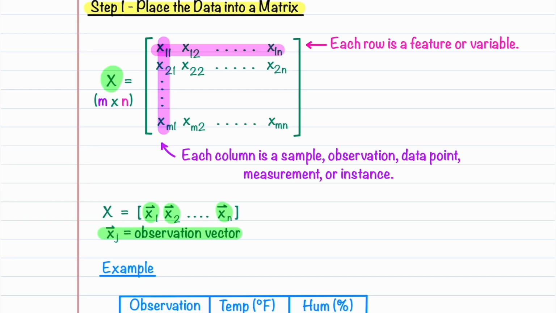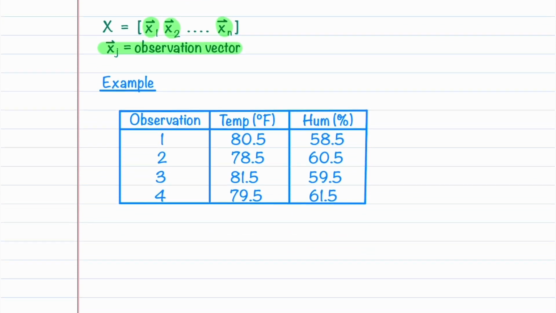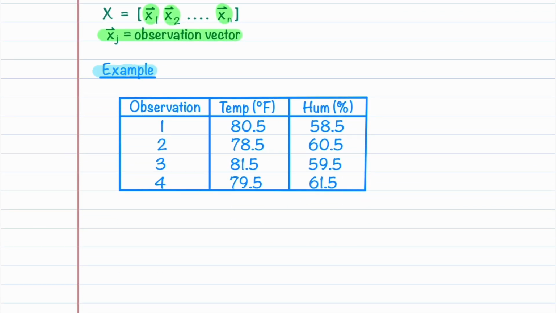So you can get a sense of how this works, let's look at our example and put this data into a data matrix. We have 2 variables, temperature and humidity, so that means our data matrix is going to have 2 rows. We have 4 observations, so that means our data matrix is going to have 4 columns. Our data matrix is going to be capital X,